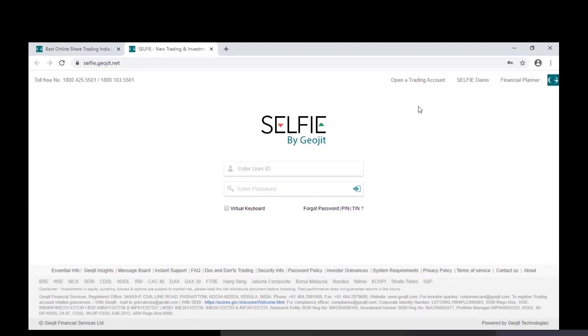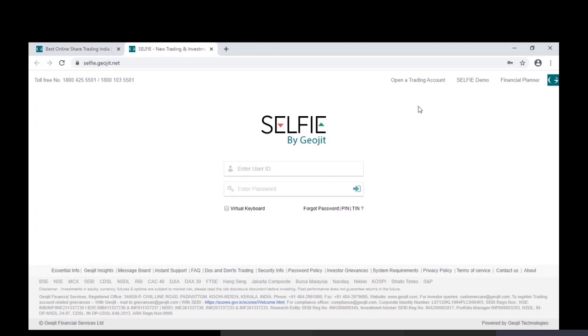Now, as an investor, you would already have received the login details, that is, your user ID and password. The user ID is basically your trade code, and the password will be in the PDF you would have received in a welcome email. Now, if you have missed it, if you don't have the password, or at any time in the future,